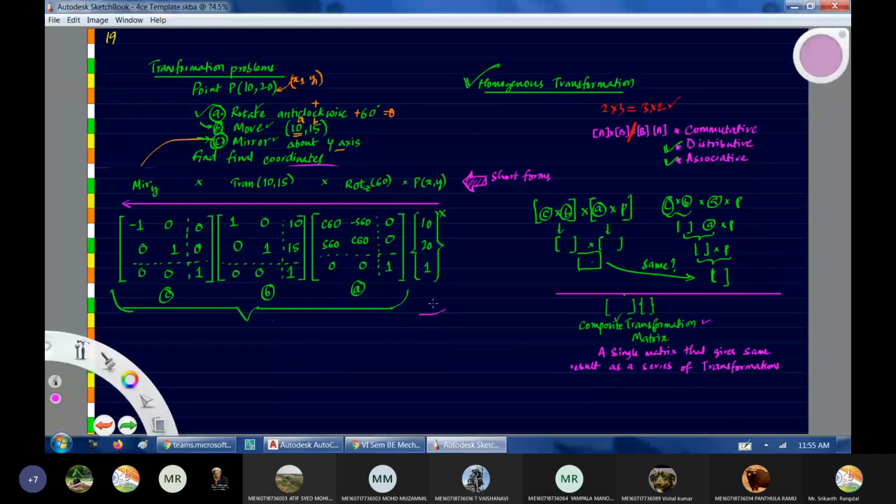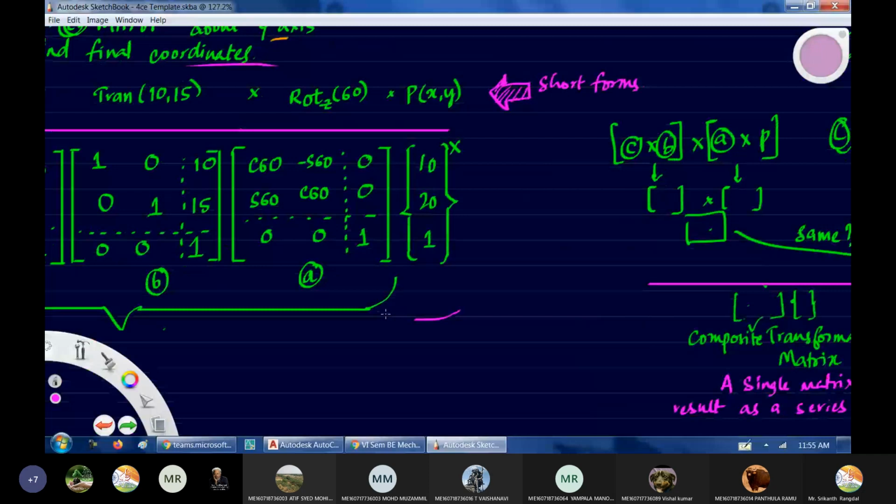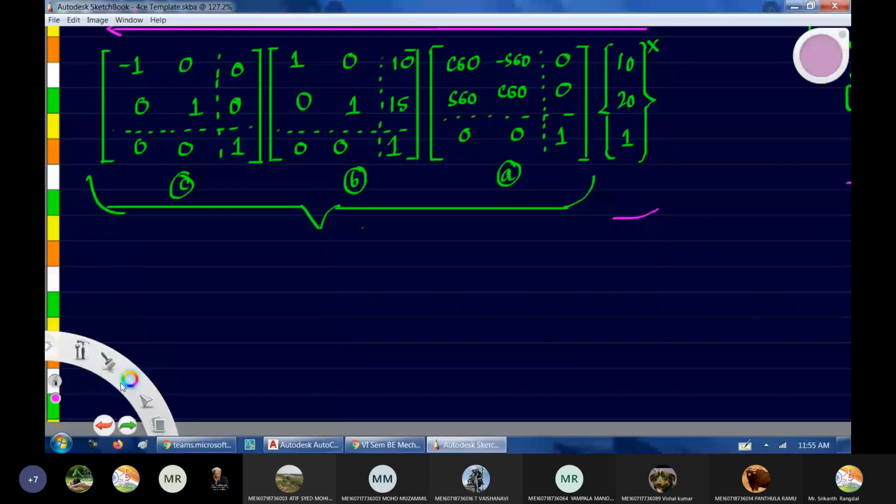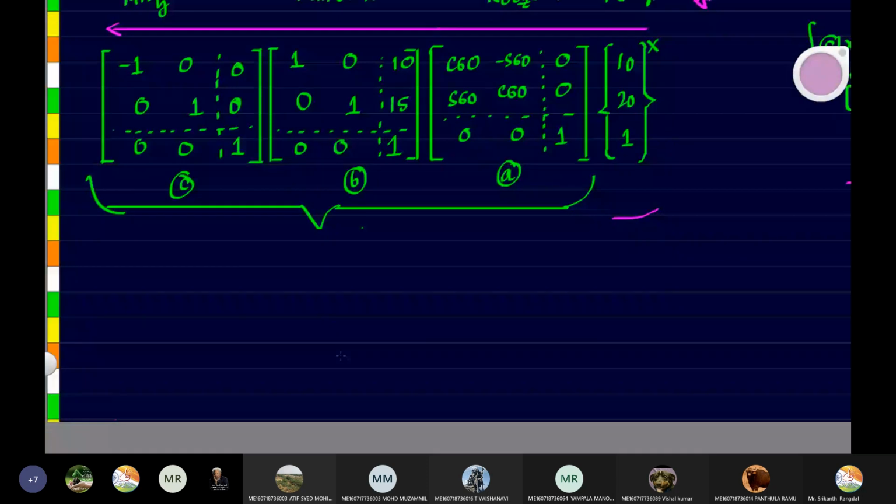Now let's concentrate on this part here. Ready? So, okay, green color. Now I'll just write it a bit smaller, okay? So what I'll do now, I'll multiply this C and B. Now how to do the multiplication for C and B?